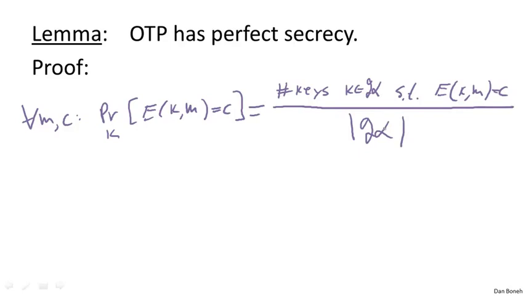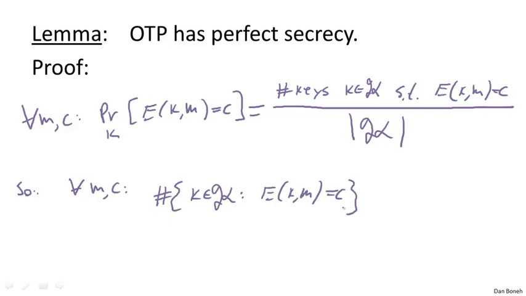This is this probability. Now suppose that we had a cipher such that for all messages and all ciphertexts, it so happens that if I look at this number, the number of K in the key space such that E(K, M) is equal to C,